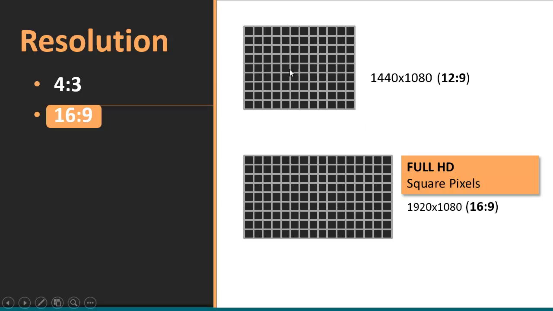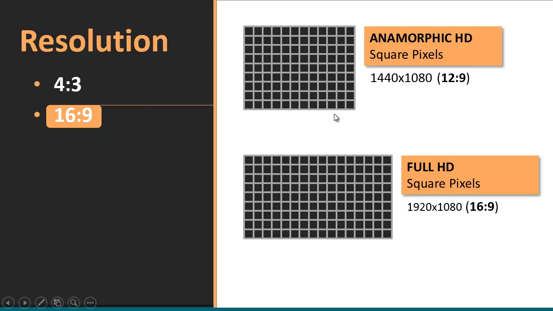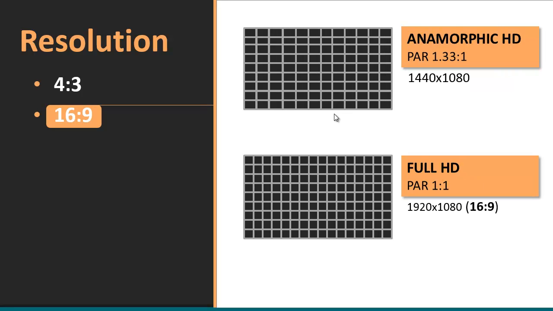So how can this image here suddenly be transformed magically to match full HD? Well, the answer is it doesn't use square pixels. So it really isn't 12 by 9. The pixels are actually stretched. They're stretched horizontally so that this 1440 by 1080 captured image takes this same screen real estate as a full HD. And for those of you who have higher end cameras, in other words, something besides a smartphone, you may